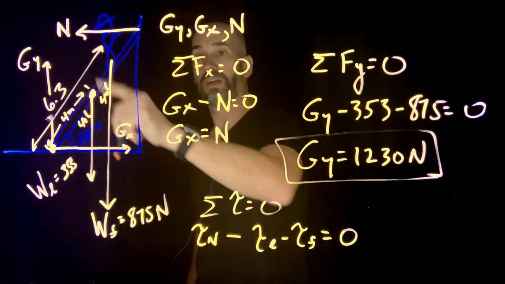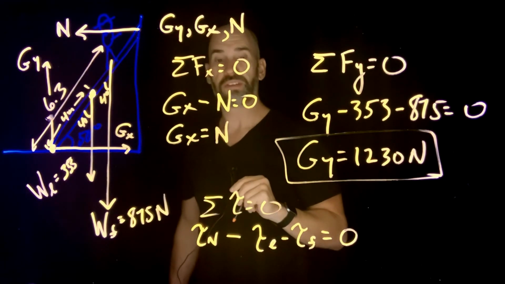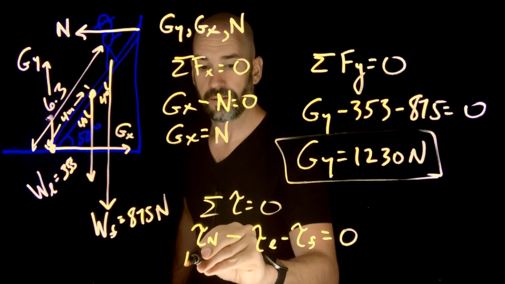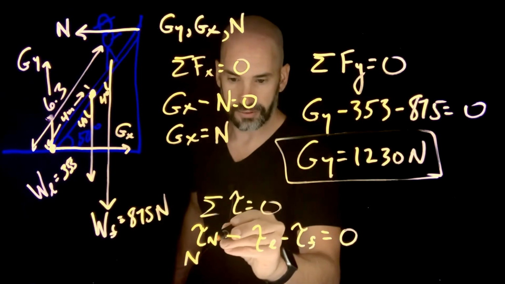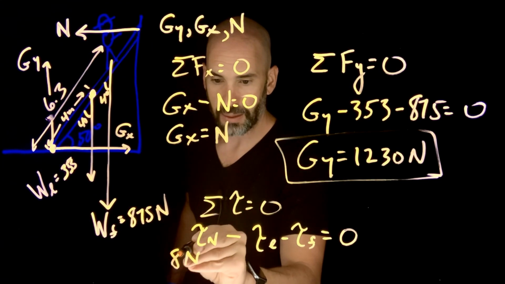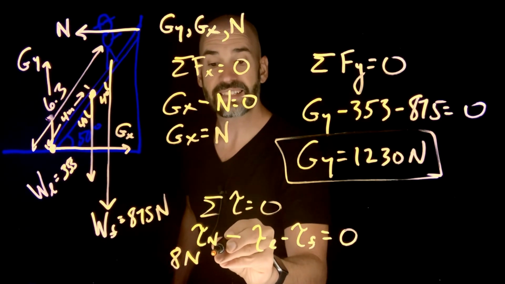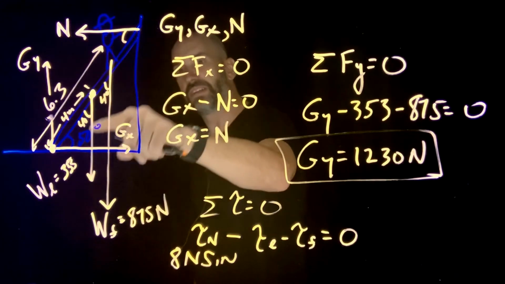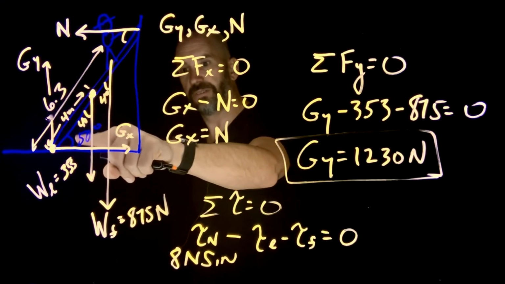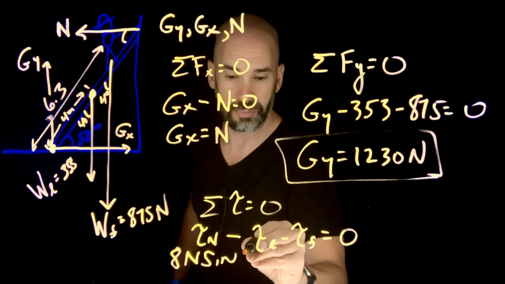Torque of the normal guy over here would simply be n times L, which is the length of the whole ladder, which is 8 meters. So 8 times n times sine. What is this angle? Well, we have opposite interior. So if this is 50, that should also be 50. So that'll be sine of 50